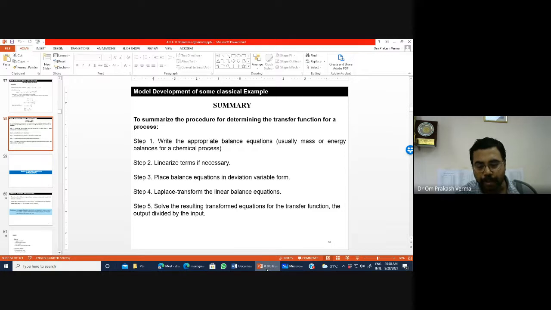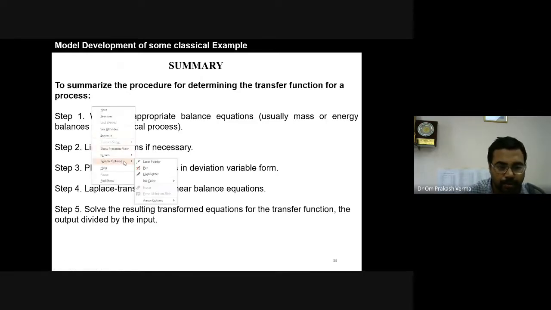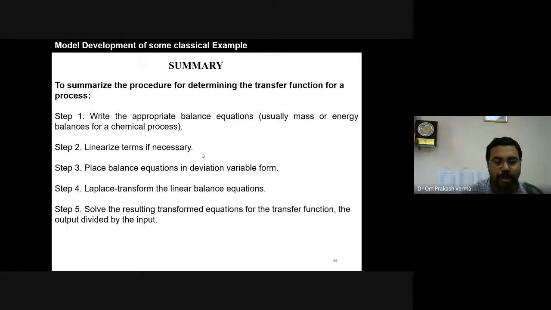Before starting the empirical modeling, let us summarize what we have studied so far. In this slide, you can see we have gone through the different types of model based on the thermodynamic law of conservation. First we covered the tank system, the single tank system. Then we covered the double tank, where we saw different types of connection, the interacting as well as the non-interacting.